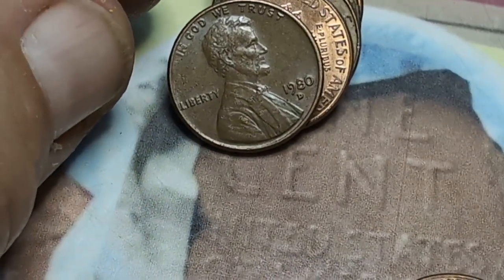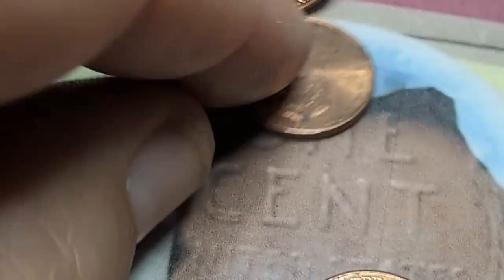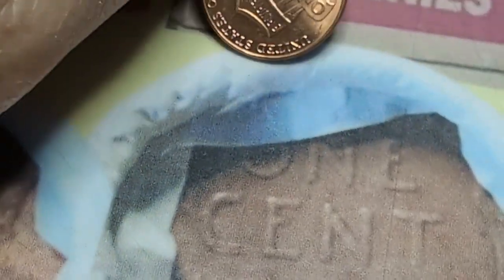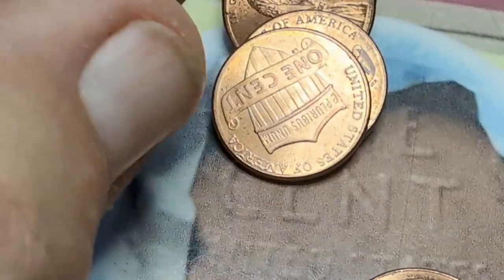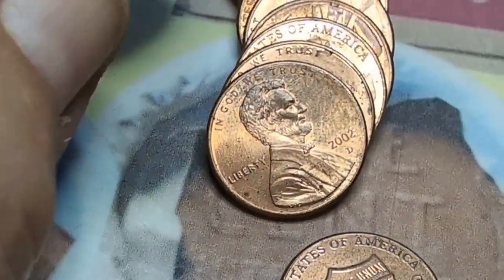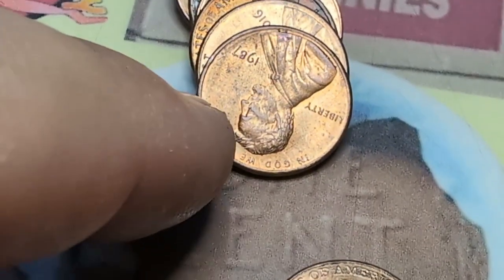Anyway, I went to one of the branches where I have the credit union, and I said, "Do y'all still have a coin machine here?" She goes, "No, we got rid of it." I said, "Well, what branches still have coin machines?" And they only had 2 branches left that had coin machines, and they were quite far from me, areas I seldom go to, and they said call before you go because they're always broke down. I'm like, you know what? I think I'm going to close my account. So I did,